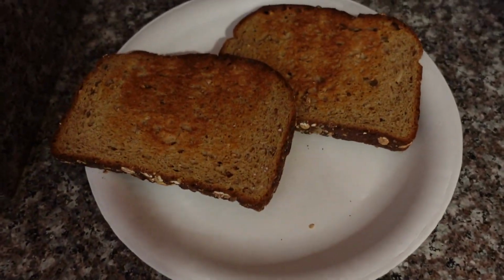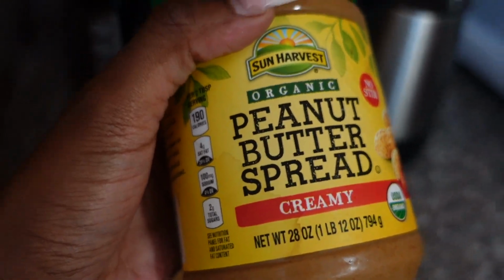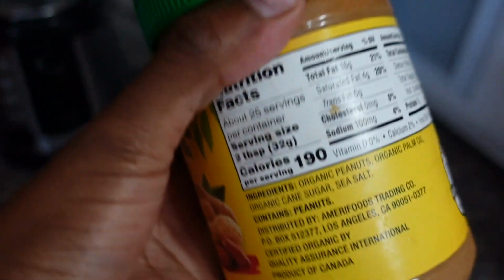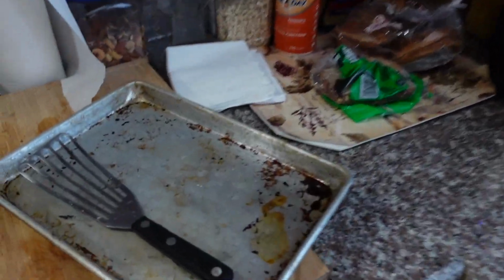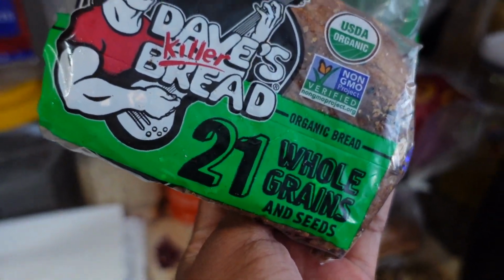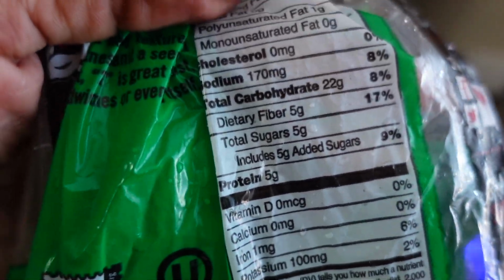And of course I have some toast here. I have 2 slices of toast, and this is just a little snack that I'm about to eat. Peanut butter, okay. I'm probably going to use a serving size, which is 2 tablespoons. That is 7 grams of protein, okay. 1 tablespoon per bread slice. And then the bread that I'm using here is Dave's bread, whole grain and seed, and this has 5 grams of protein